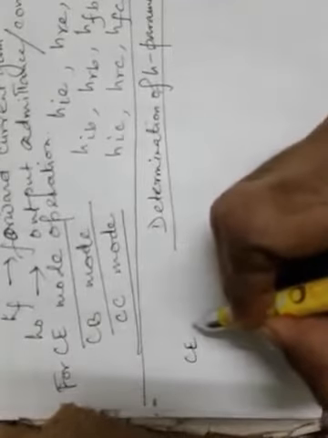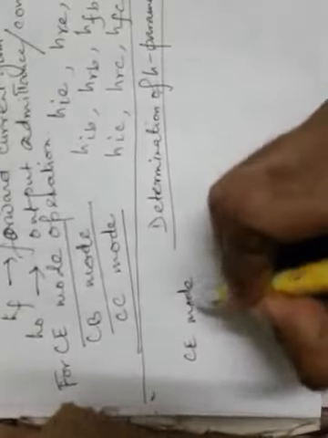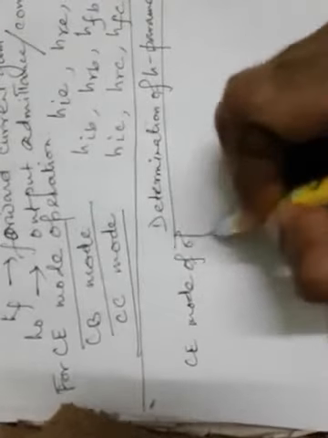We are considering here the determination of H parameters of a transistor in common emitter mode of operation. For all practical cases, common emitter mode will be the preferred mode of operation for this determination purpose, and this is chosen as it is widely used. You can see that manufacturers, in different data sheets of transistor devices, normally specify the common emitter H parameters. So we will prefer this mode for this determination purpose.